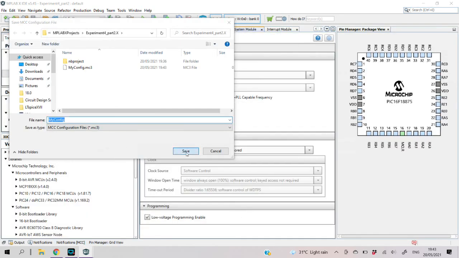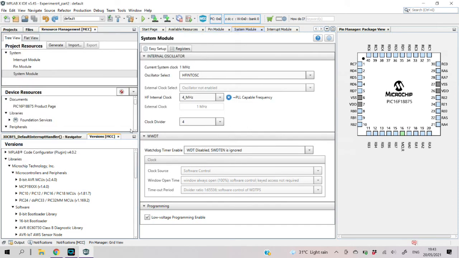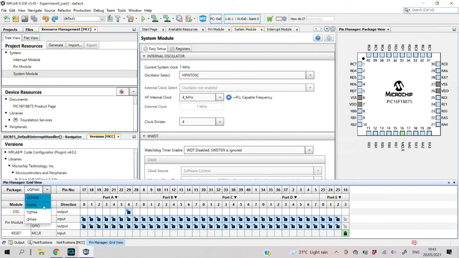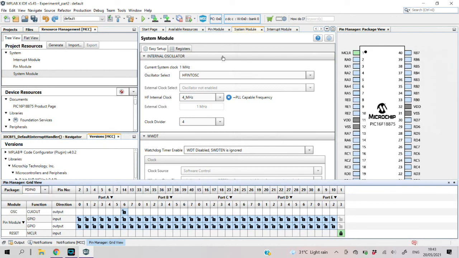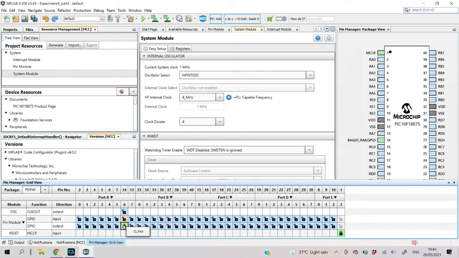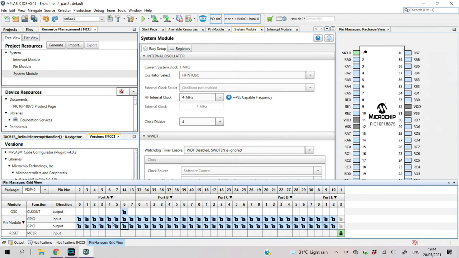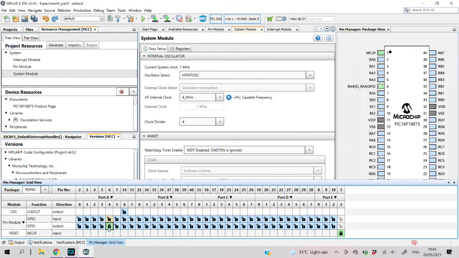Okay, here. So save. So, okay. So let's go to the pin manager grid view and set it to our current package. So we will set our input here and our output here in pin 6 in port A, which is here in pin 6, the output,